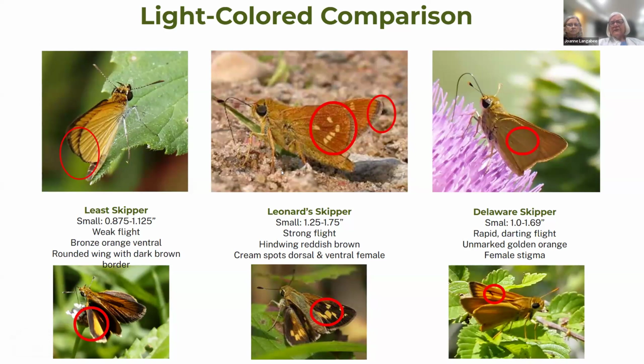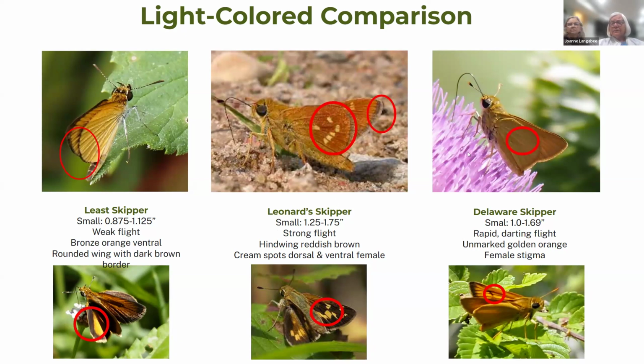Leonard skipper is more of a prairie skipper. It's going to be found more in central Nebraska. It has a reddish hind wing right here. It's more reddish brown. And then it has these white markings on them. You can see the white markings on the inside and outside. The ones here, kind of in the V shape, may be very pale so that you don't notice them. So it's just going to vary.